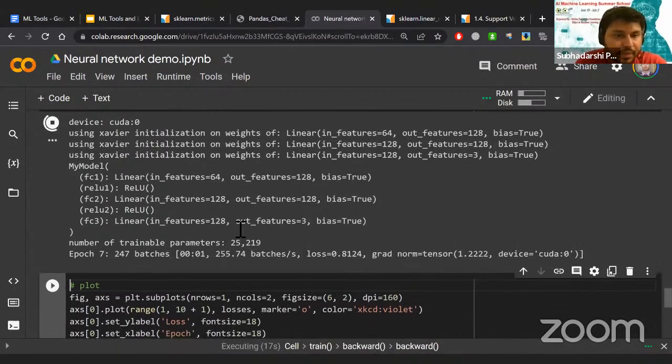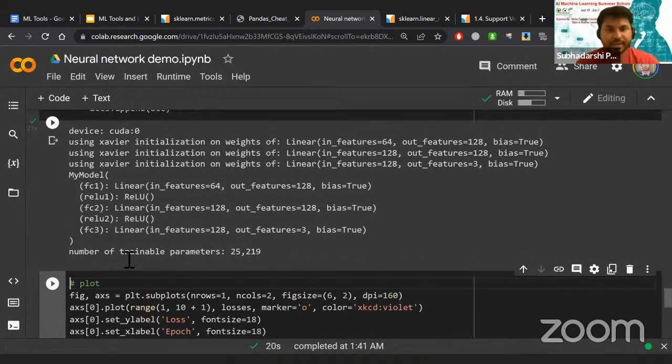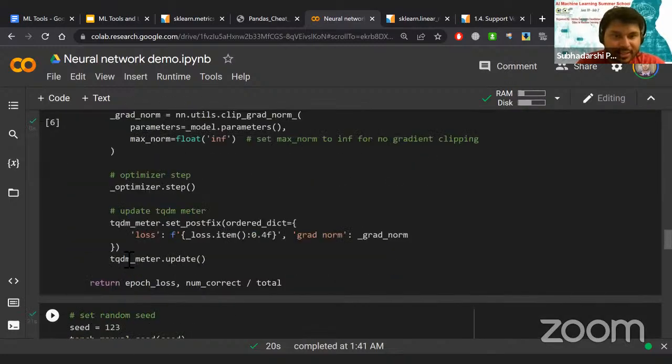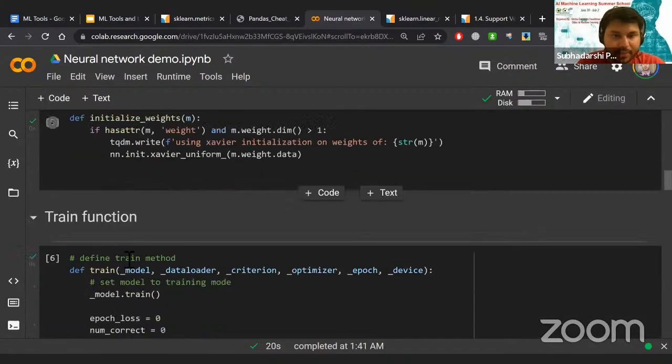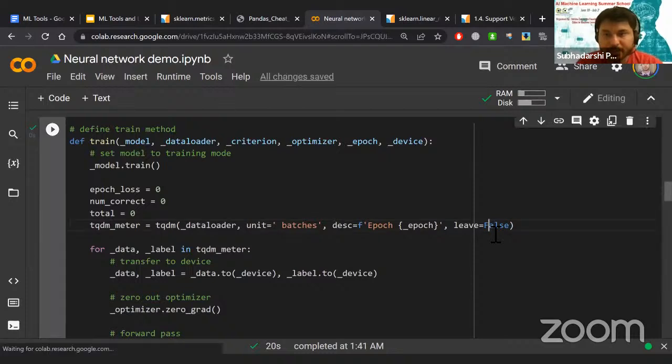And here we have the model training going on. It trained till 10 epochs, and because we set leave equals false, the progress bar does not stay. It goes away. Let's actually change that quickly. So let me do leave equals true here,